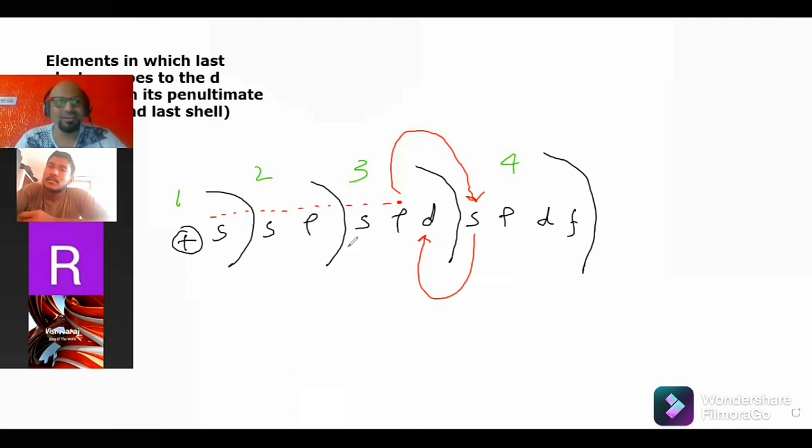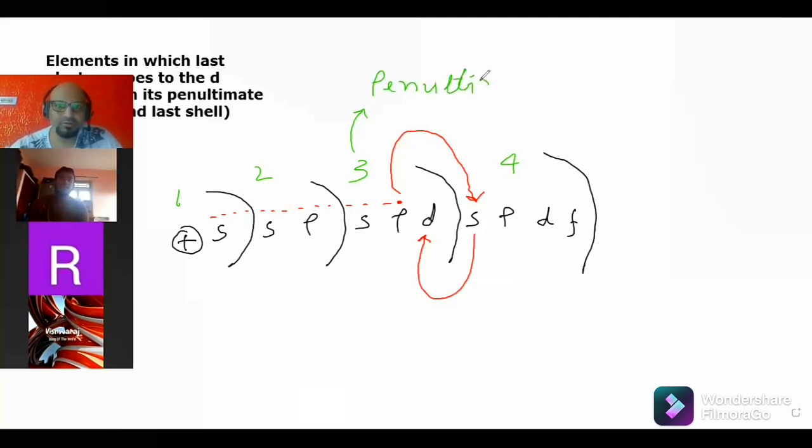In 3d. So due to the energy level of the orbital. Exactly. There is a reason why it is going so, but I am not going to discuss that reason right now. So my point is that the last electron is supposed to go to the last shell, but here it is not going in the last shell, it is going one shell before that. This is called the penultimate shell. So the third shell is called the penultimate shell.